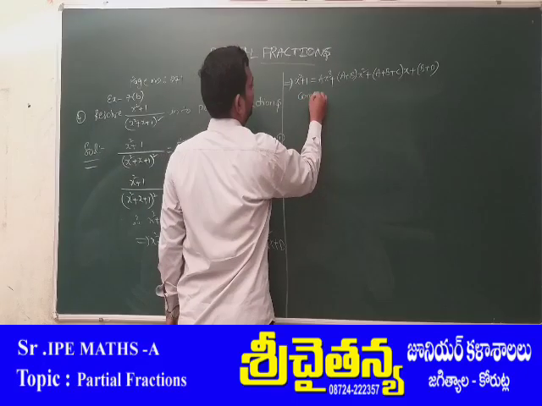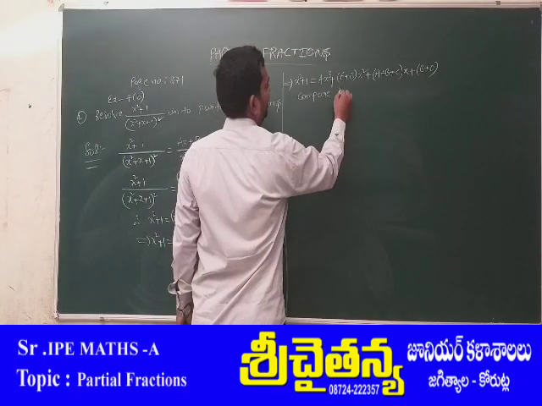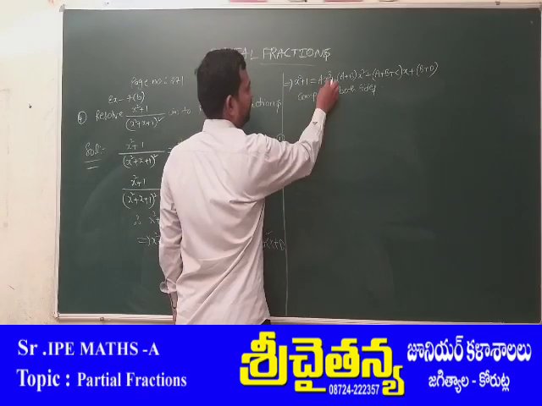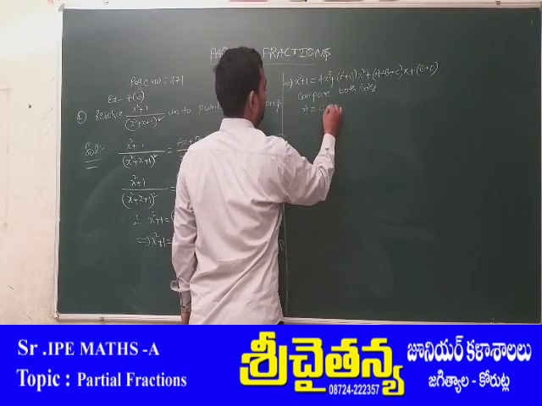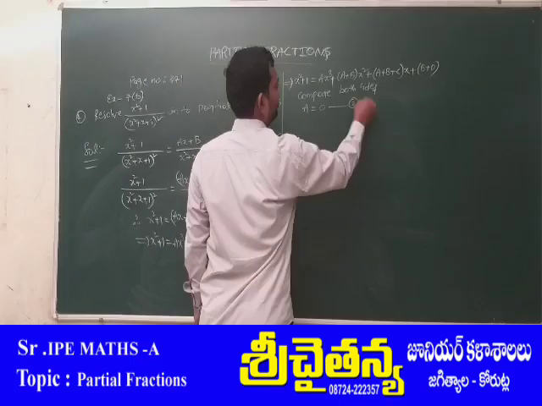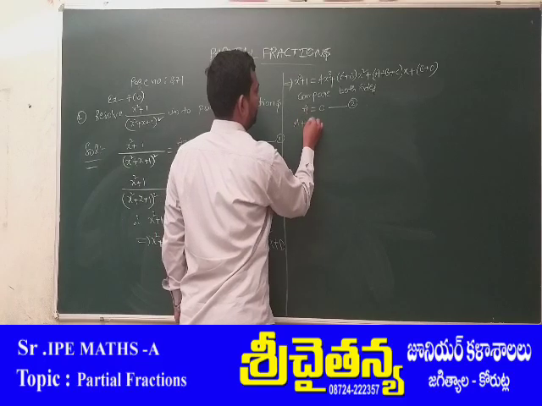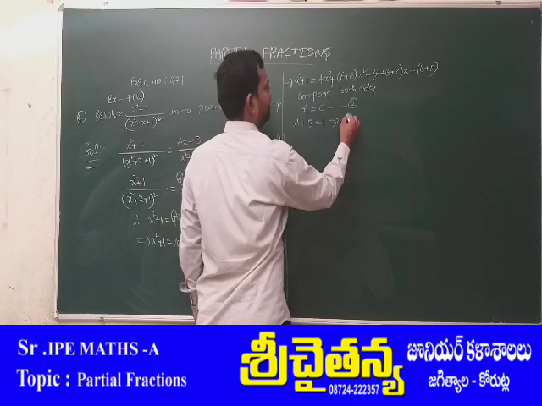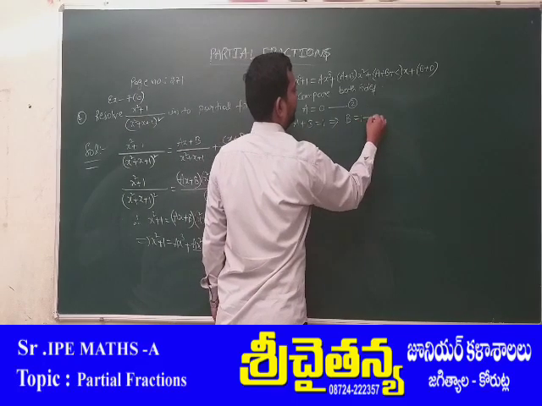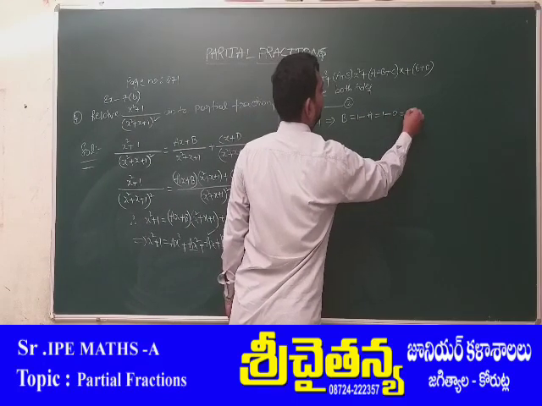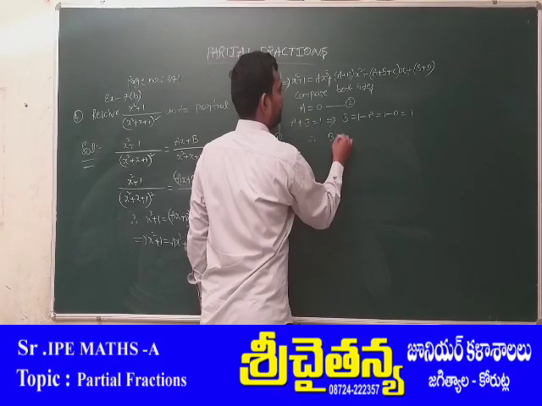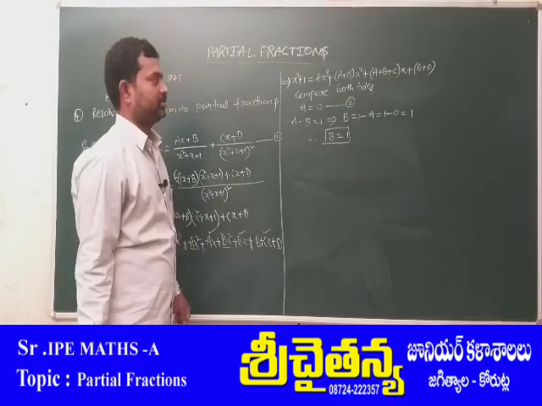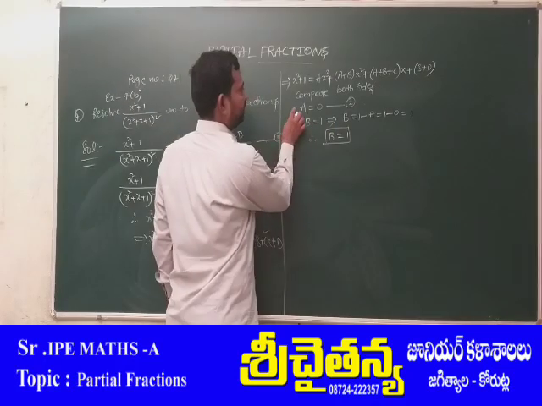Two constant terms are there, so write here b plus d. Compare both sides. We get here x cube term: a equals to 0. Okay, this is equation number 2. Next a plus b is equals to x square quotient, which is 1. That means b is equals to 1 minus a. That means 1 minus 0, that is equals to 1. Therefore b is equals to how much? 1. A equals to 0, b equals to 1.